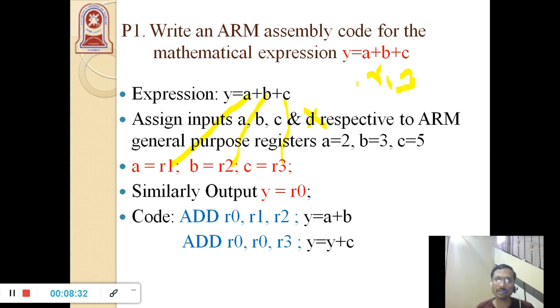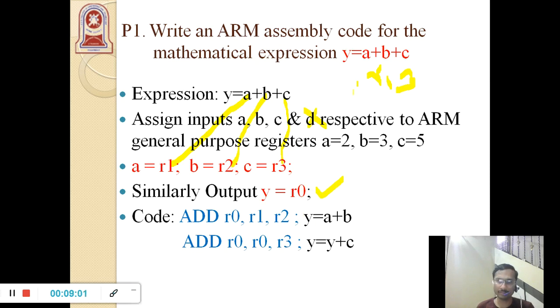Except these 3 registers, you can use any register from R0 to R12 to place your input data. Here in this case, we have chosen R1 to store data input A, R2 register to store data input B, R3 register to store data input C. Similarly, the output Y is going to be stored in one of the registers, that is R0.